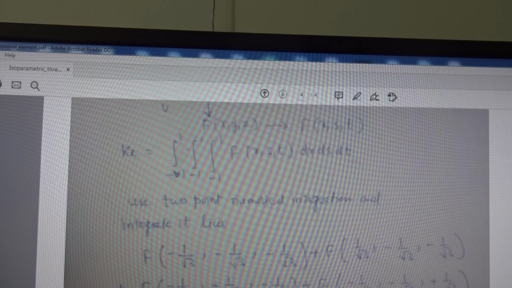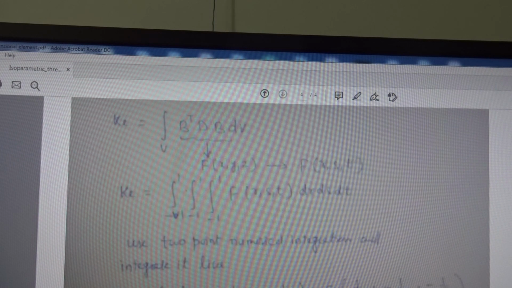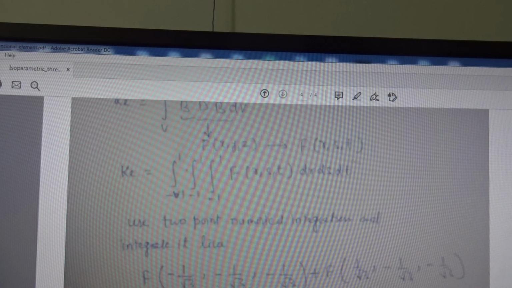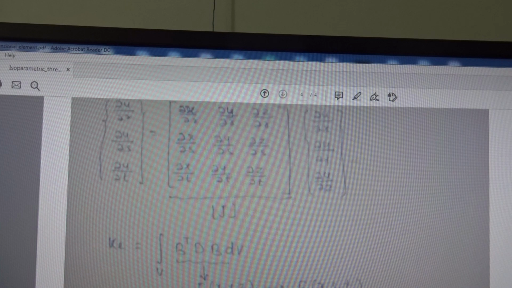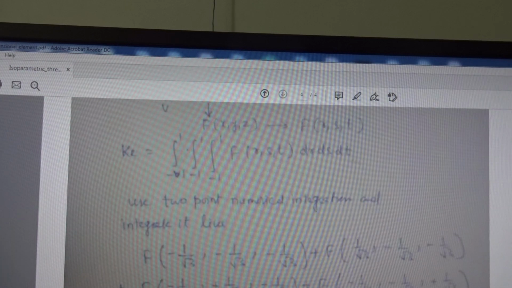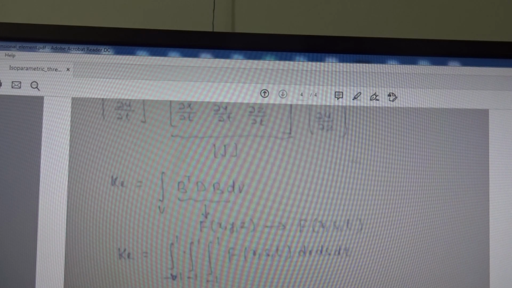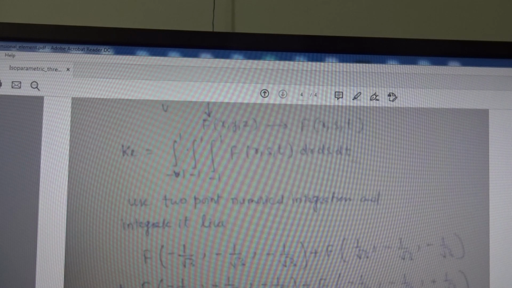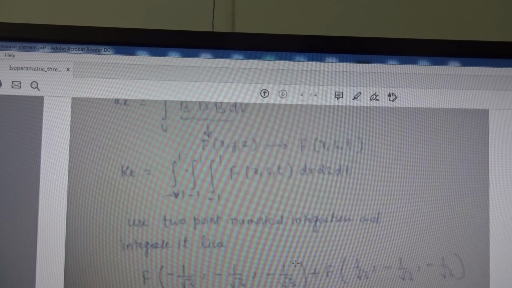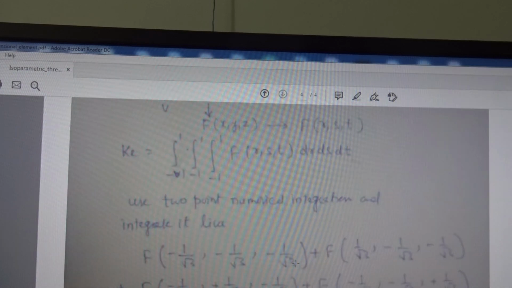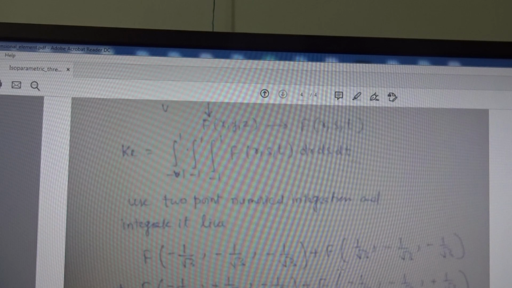So this is the total discussion of how to find the element stiffness matrix for the solid element. You can also use the tetrahedron element. You can see the books of Logan. Very nicely they presented how to take the hexahedral element and how to take the tetrahedron element. If you want to see the analysis for the tetrahedron element, you can see Logan's book. Now I have finished the analysis of the solid element.